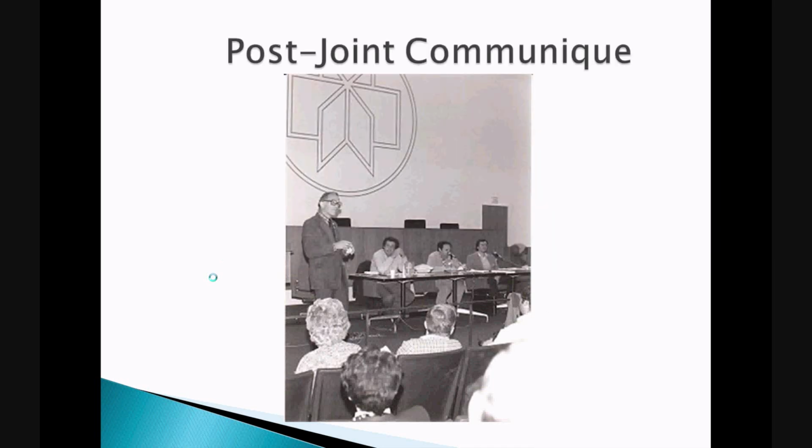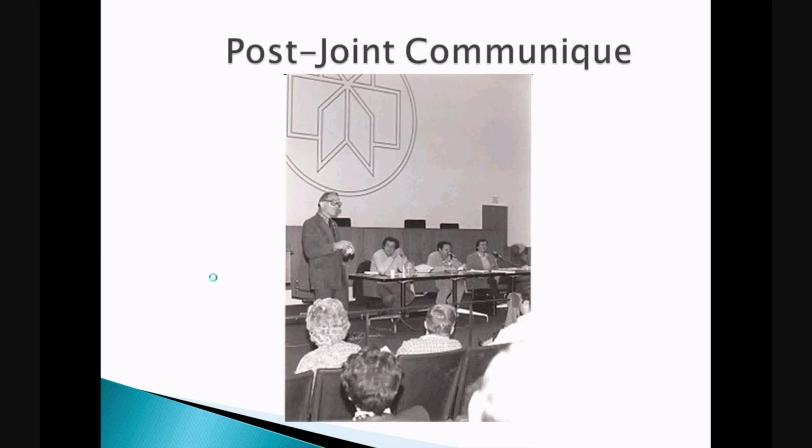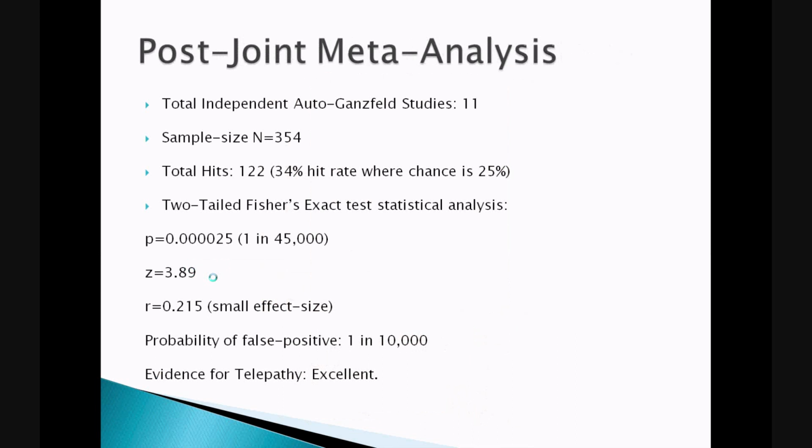The joint communique. In 1983, Honorton had started a series of experiments called the Auto-Ganzfeld. The Auto-Ganzfeld is actually the same Ganzfeld experiment that I explained with the 3 phases in the PowerPoint presentation. Now back to the subject. Honorton's Auto-Ganzfeld studies were conducted at his Psychophysical Research Laboratories, PRL for abbreviation. These studies were specifically designed to avoid the same potential problems that Hyman and Honorton found in those 42 earlier Ganzfeld studies. In 1990, Honorton published a meta-analysis consisting of a total of 11 Auto-Ganzfeld studies and claimed they met the standards considered by the skeptic Ray Hyman himself.